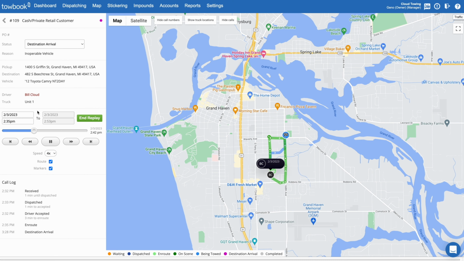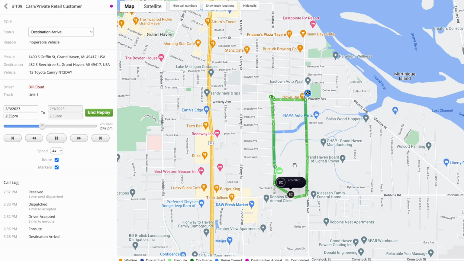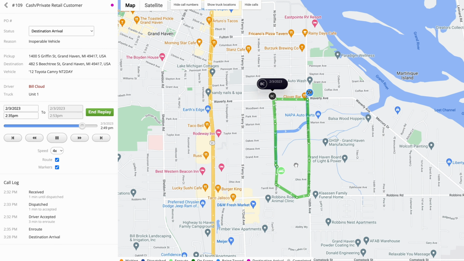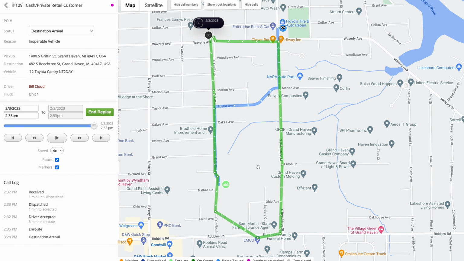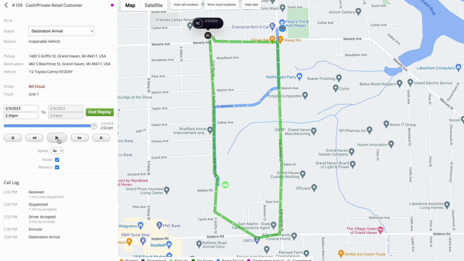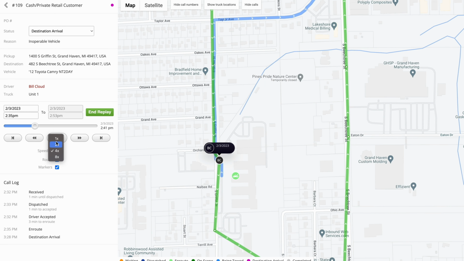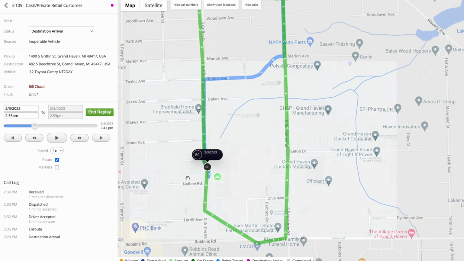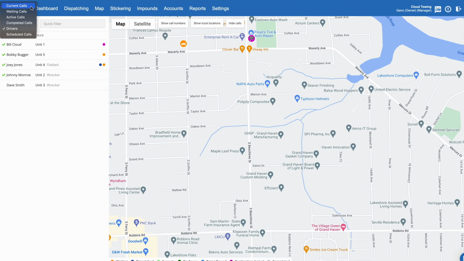This is one of our most powerful tools because it allows you to see the route actually traveled for a specific call or driver. Replay will help you analyze the routes your team is traveling over a period of time and allow you to take a deeper look at what might have happened on specific calls. The replay tool can also be used as a training aid for drivers, helping them see better routes to take and areas to avoid. You're able to control the replay speed and choose to show or hide the route or markers on the map. Let's switch to the call view in the side panel.